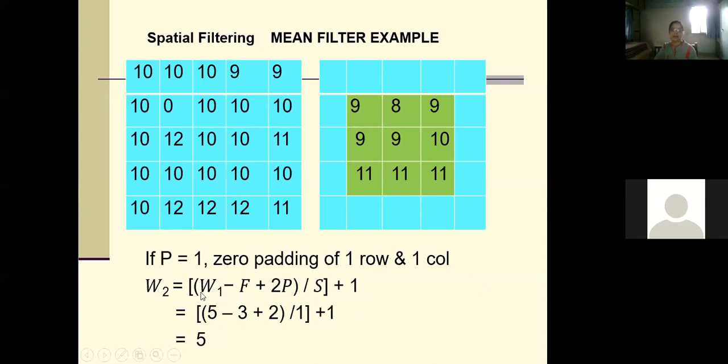Your original image size is 5 by 5, that is W is 5, F is 3, we are considering P as 1, and now say stride rate is 2. What is the resultant image size? Stride rate is 2 means we are scrolling the mask by 2 rows and 2 columns. What about others? I am getting very few answers.